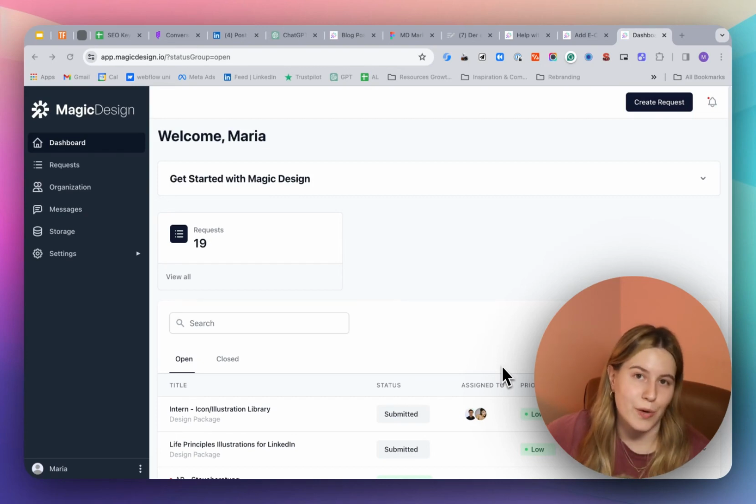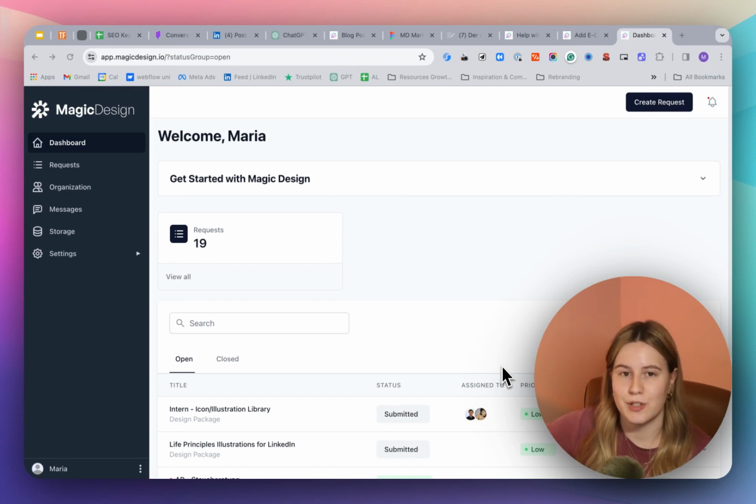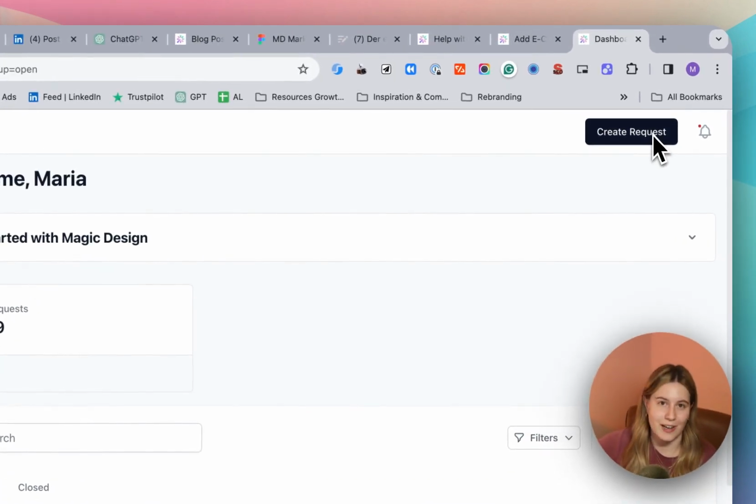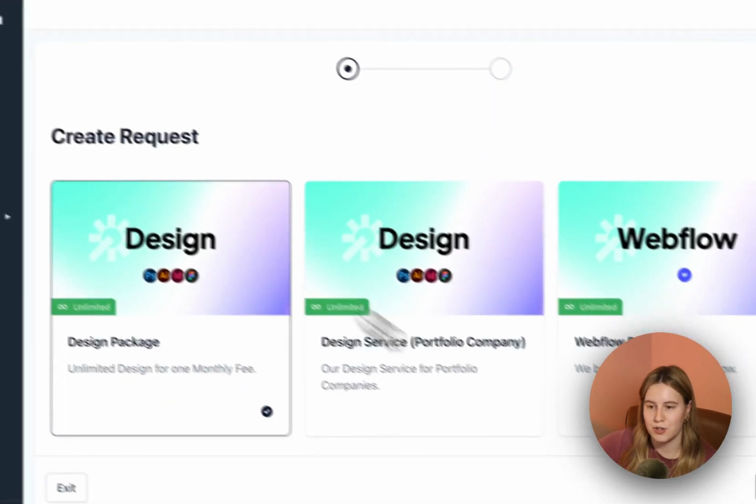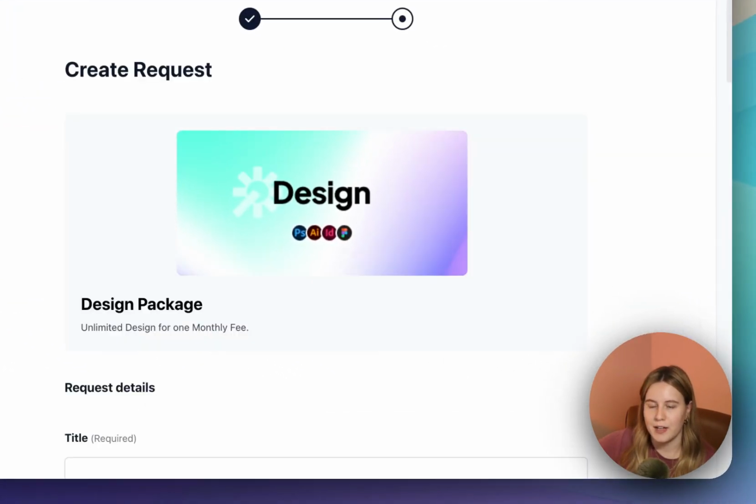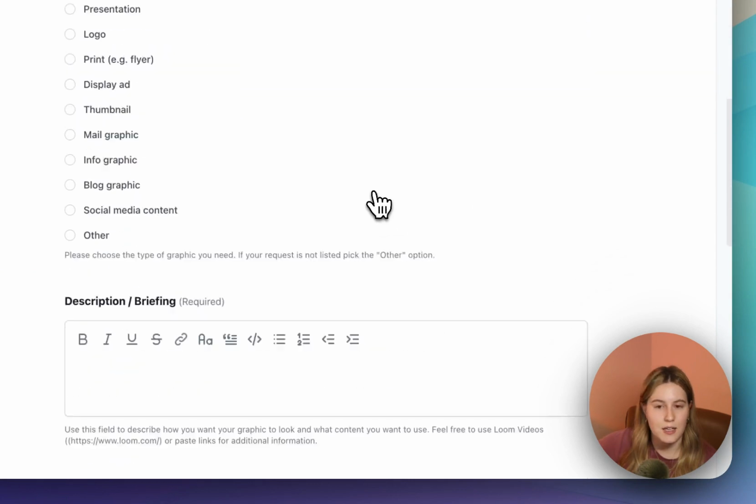So once you start working with Magic Design, you'll be able to create design requests in your personal Magic Design dashboard. And as you can see, this is my personal dashboard. It says Welcome Maria, and I can click on the top right to create a new design request for my designer. So yeah, if you click create request, you can choose your design package, click next, and then write the